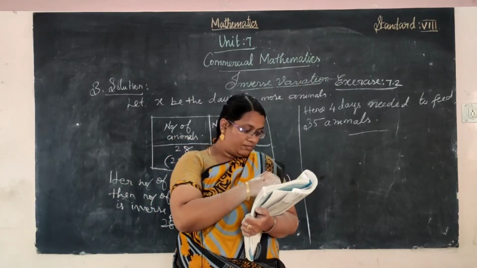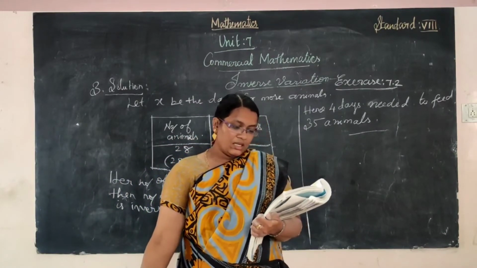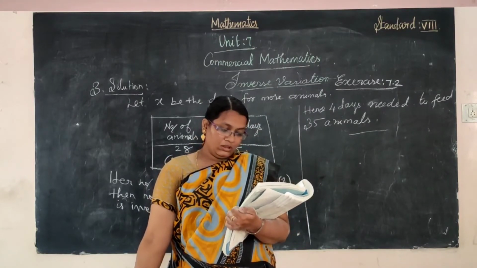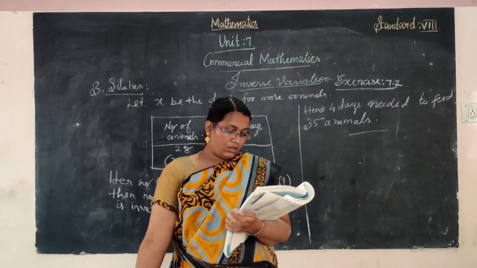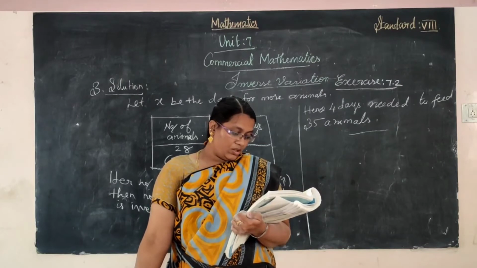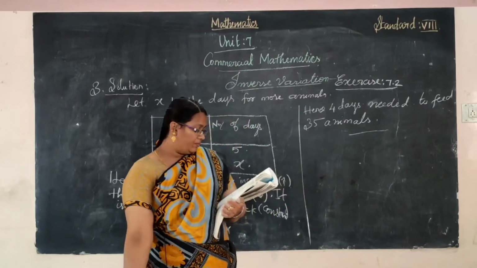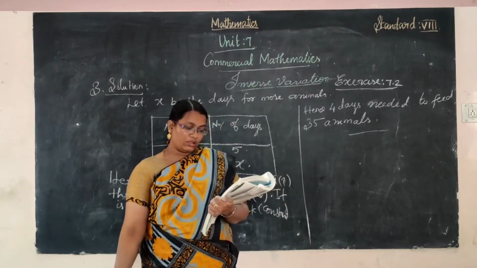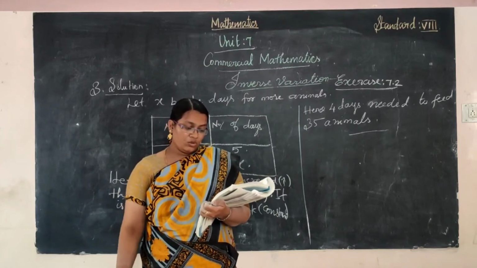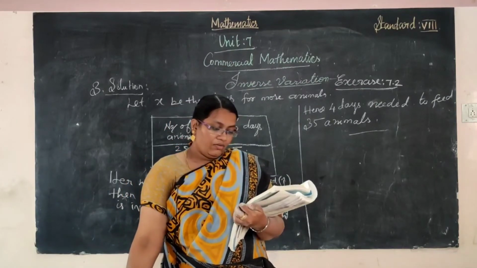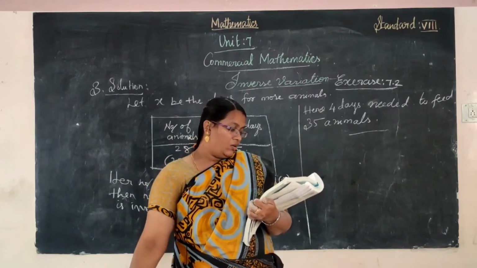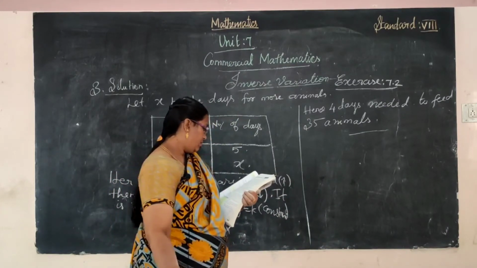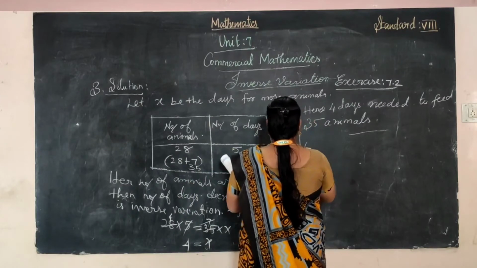And the next one: a train takes 10 hours. This also we have in the example. So 4 is also homework, and 5 is homework. So 1, 2, 4, 5 are homework. Now do the 6th problem. 18 workers can do a piece of work in 180 days. If 2 more workers join them, find the number of days in which the work can be completed. So we have to find out the number of days. 6th problem.